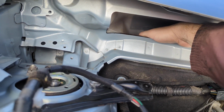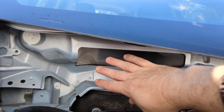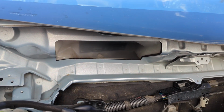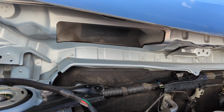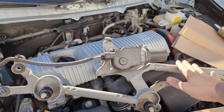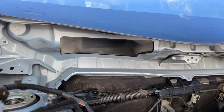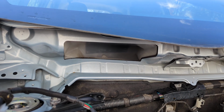If you reach down, you can actually put your fingers right on the top of the cabin air filter. So that opening is open all the time. What's normally in this space is a tray and the wiper arm assembly. So that's been removed. You can get a good look in there, and we are going to cover up that